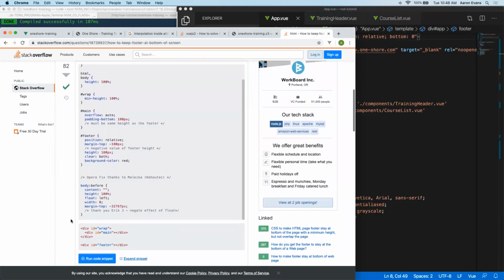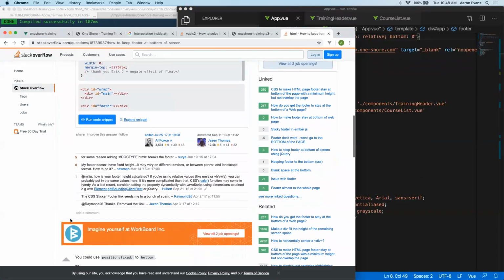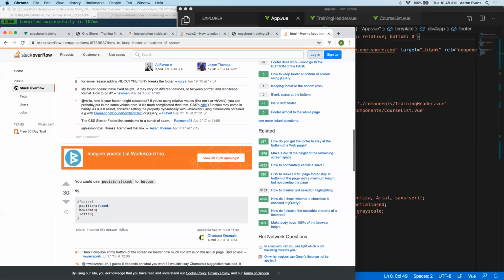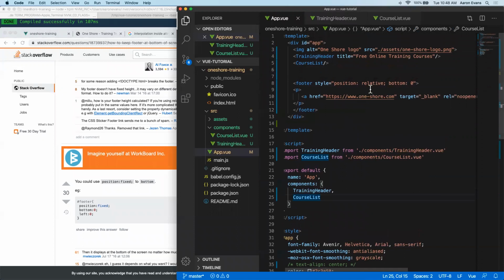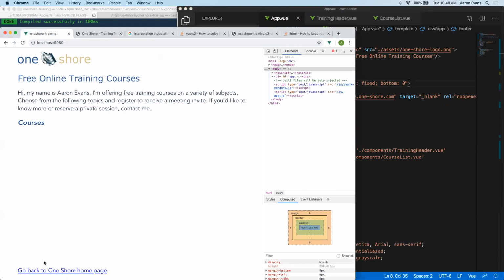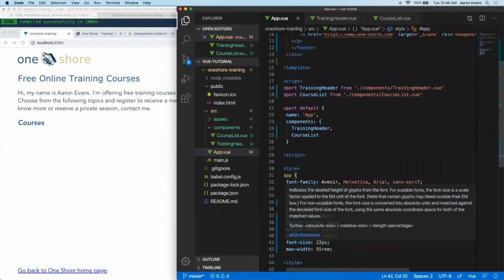We don't want that. Position fixed, bottom 0. Okay. There we go. Beautiful. Something like that. And then what we want to do is we want